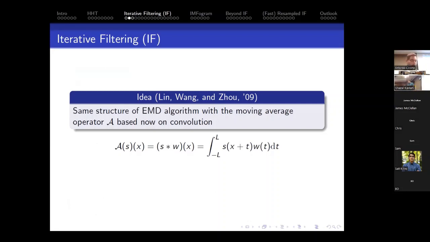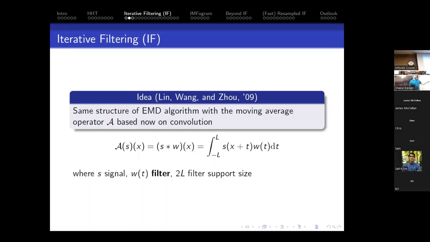Now, why do we want to use integration? It's really intuitive once you define it. So S is your signal, and you define W to be a filter. But in this context, more than a filter, you can imagine it as a weighting function. So what we are doing is the following. We fix x, the position in the signal, and then we take weights that are centered at that position x, and we basically compute, think about this as a summation, a weighted summation of the value of the signal around that point. So what we're doing is a weighted sum, which computes the local average.